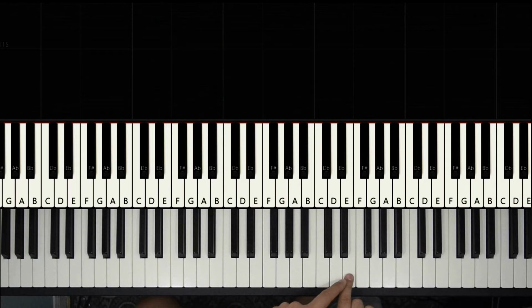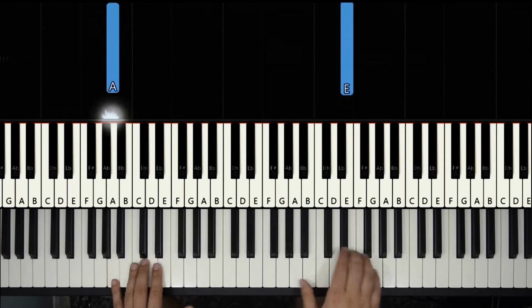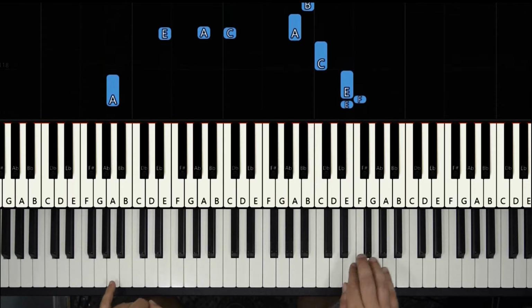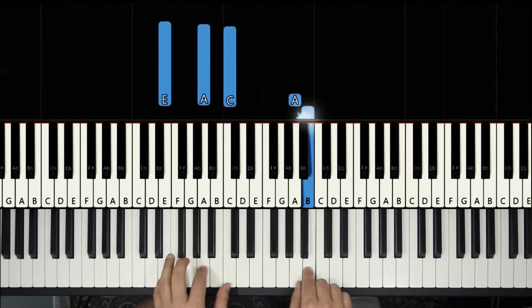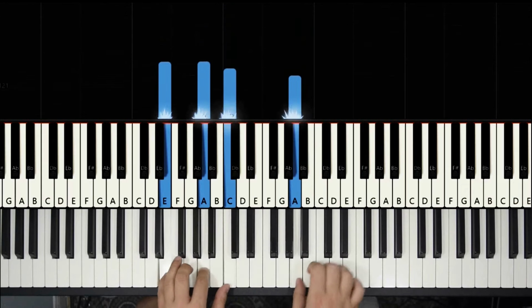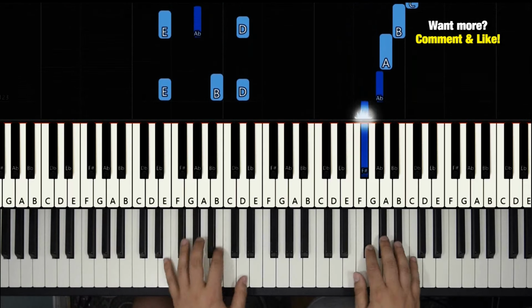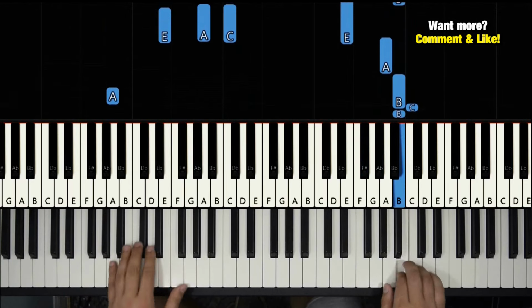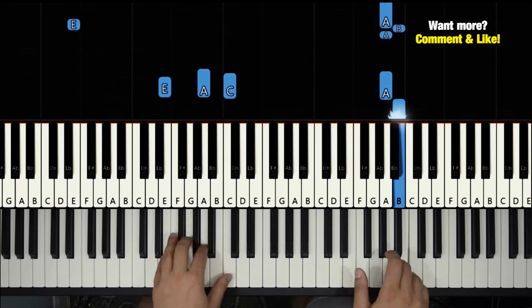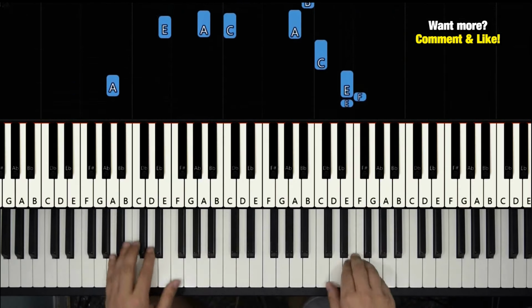I like to think on the second E, but it's almost like I play the A at the same time. It's almost like I play with this first E. That's it. Alright, let's play it all the way there very slowly. Every other note always. 1, 2, 3. 1, 2, 3, and